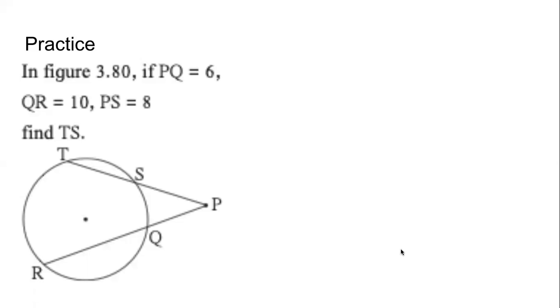Once again, we have a circle. There are two chords. The chords are ST and QR. So if we understand the question properly, we need to know what the chords are. The chords are ST and QR. And what is the angle between them? The angle between them is angle SPQ. But do we need the angle? No, we don't need the angle. We need where do they intersect? They intersect at point P.